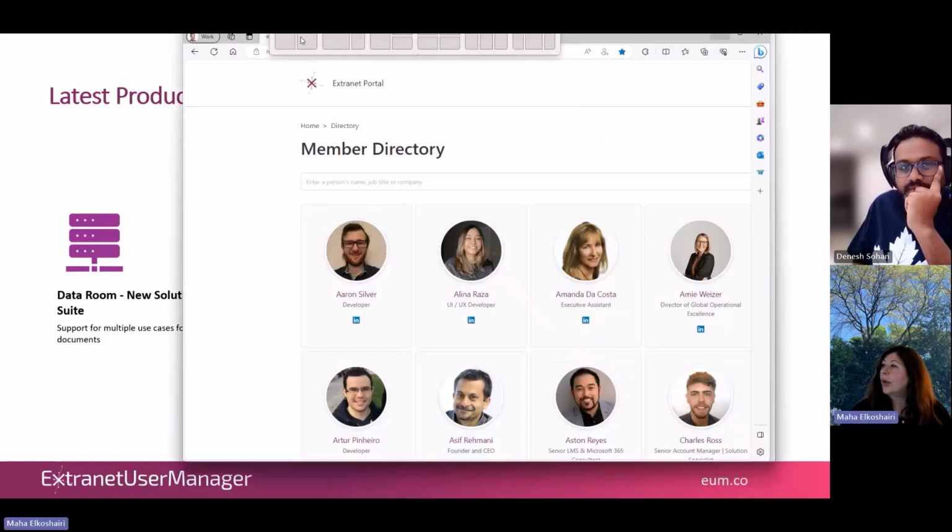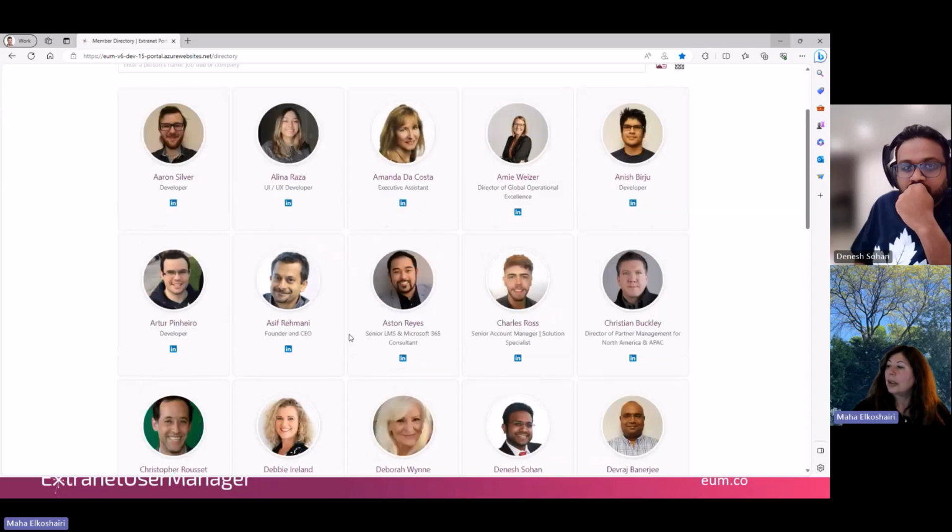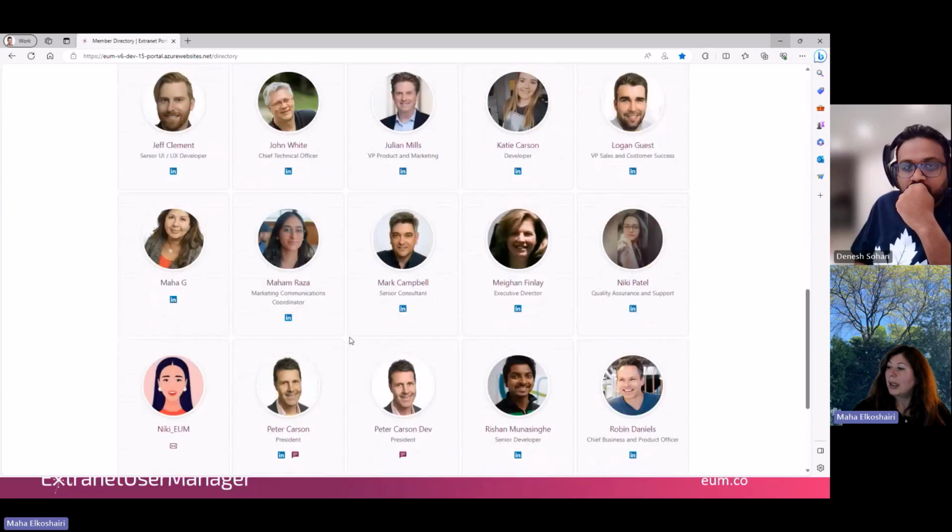So this is one of the implementations that we have. This is actually our staff directory. You can see here that each member is represented by a card on the directory with their image, with their name and their title. And of course, the full bio comes up when you